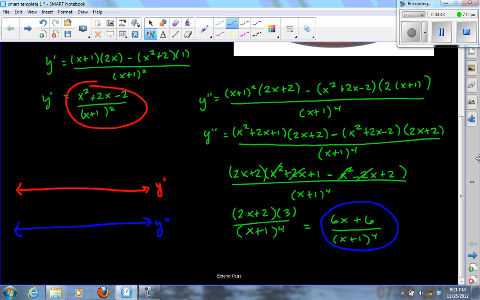That's because I have an asymptote at -1. So that's a critical number right there. Okay, where this one is 0 is where x squared plus 2x minus 2 equals 0. And that doesn't factor, so I have to use the quadratic formula or the solve feature on my calculator, and I'll get x equals